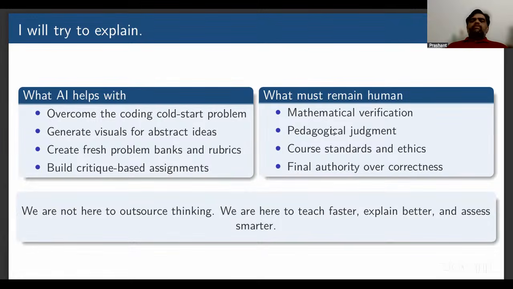What must remain is the mathematical verification, pedagogical judgment, course standards and ethics, and final authority over correctness. Correctness needs to be checked all the time when we are using AI. We are not here to outsource the thinking.